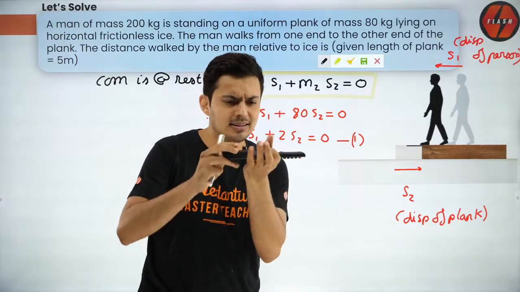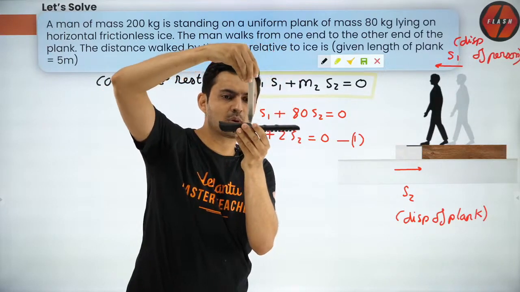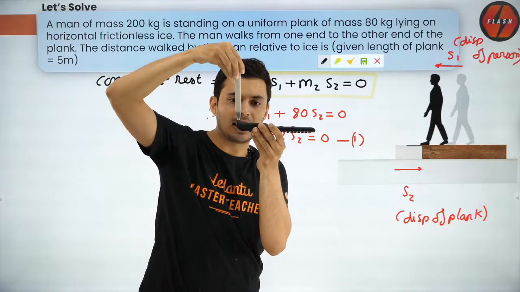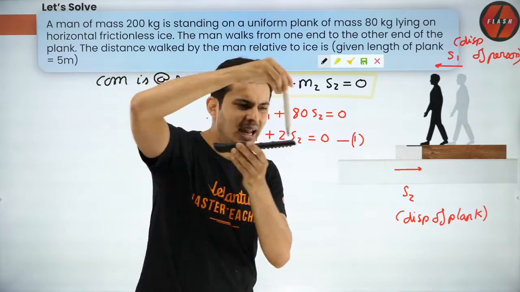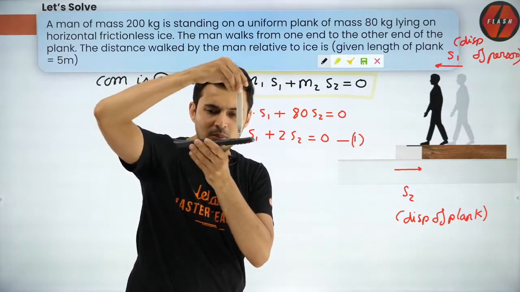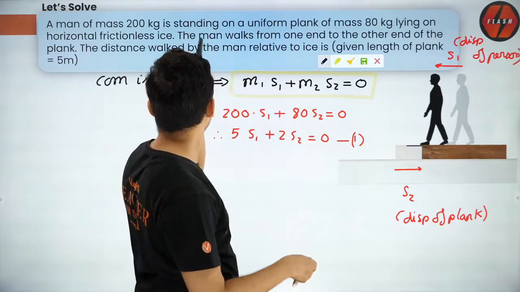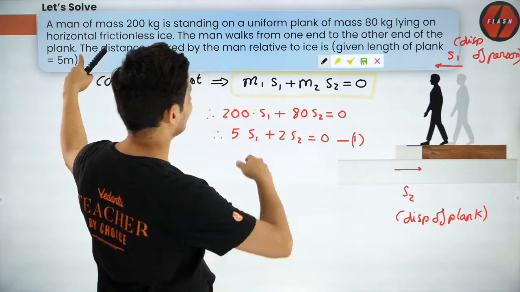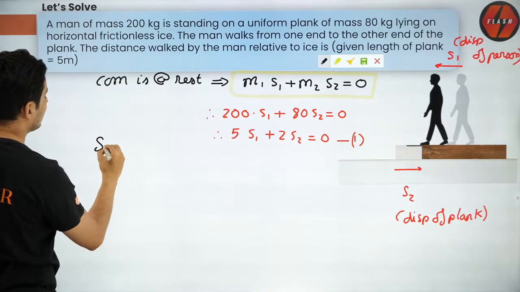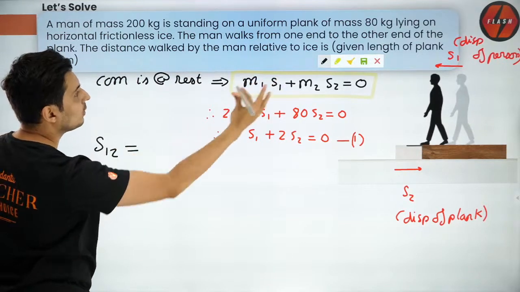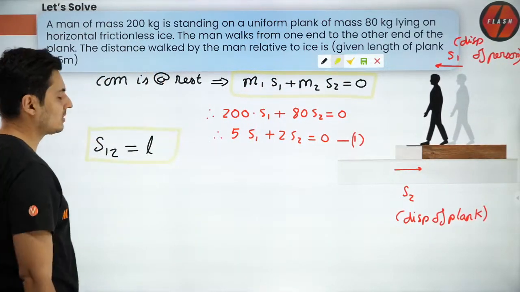Okay. Now just visualize, guys. This is the plank. The person is here. If the person moves here, relative to the plank, how much has he moved? He has moved the length of the plank, right? Yeah, the plank might move behind. That's okay. But relative to the plank, how much has the person moved? He has moved exactly those 5 meters, which is the length of the plank. If this is clear, that's it. That's the next trick. Displacement of person with respect to the plank will be the length of the plank. So this is the second magical trick which you need to use.